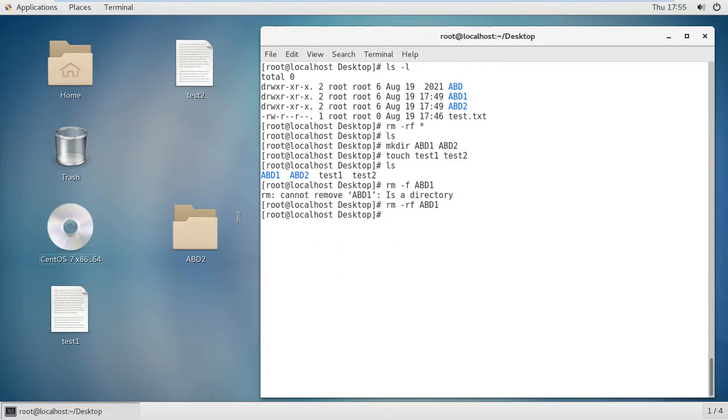See, abd1 is flushed. And what happened with rm -rf? It's not showing what is removed and what is not removed. I want to check which files and directories were removed from my Linux terminal.